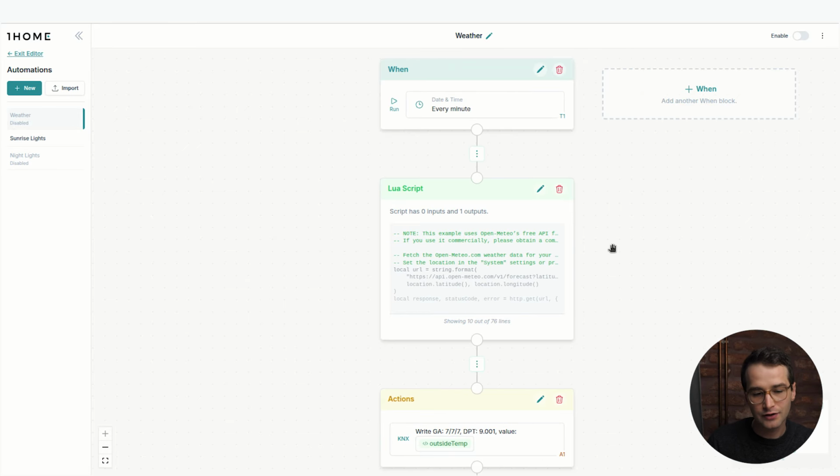This weather automation is another example of how you can use the Lua scripting. Of course, there are other use cases for Lua script. For example, one common use case would be converting different KNX values so that they can be used within other systems. For example, if you have a Modbus air conditioning unit that has different modes, for example, that the heating, cooling, auto, off are having different numbers compared to what is required by KNX HVAC control mode, you can do the conversions here in the Lua script and send the actual data to another group address just to do some certain transformation.